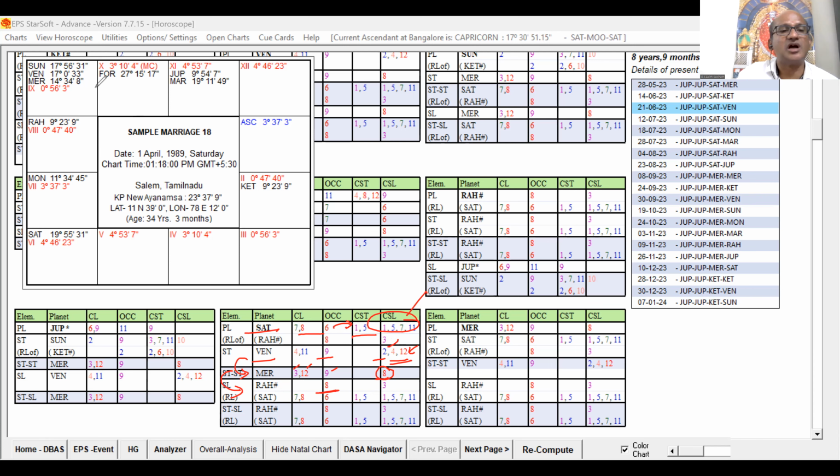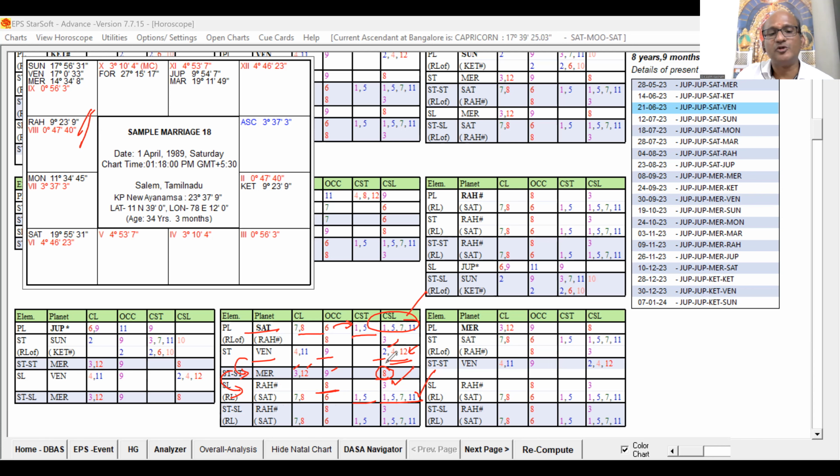Where is Rahu? Rahu is occupying the eighth house here, right? That occupying the eighth house, but sublord for the third house. This is favorable. That Rahu represents Saturn. Saturn is coming 7-8-6 and 1-5 and 1-5-7. So this is supportive. Rahu in own star. It means what? Marriage is promised, with some obstacles and delay, right?